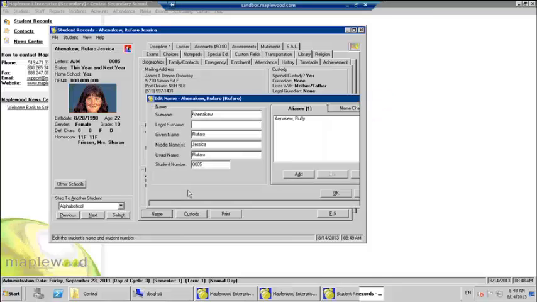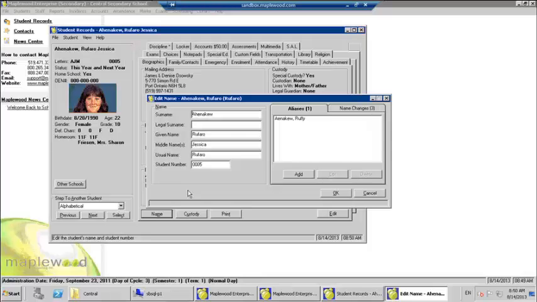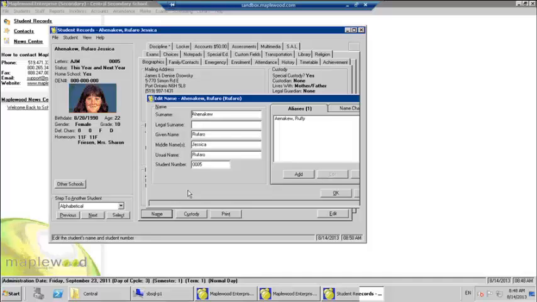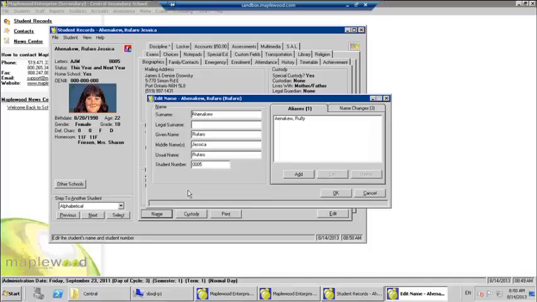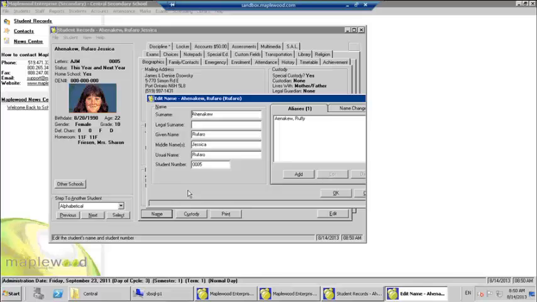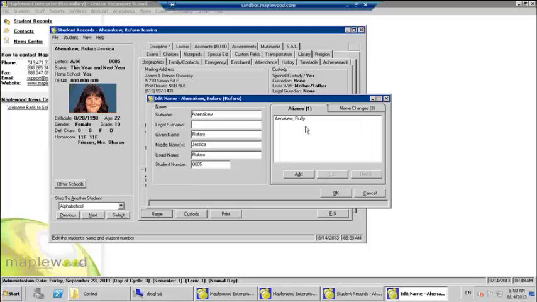So here we can see that this student does have an alias, and again, just to reinforce, the surname, given name, middle name, all that on the student record should match what the student's ID shows, their identification or what you're using as proof of identity. So that should match with the legal. But if you want to say they also may